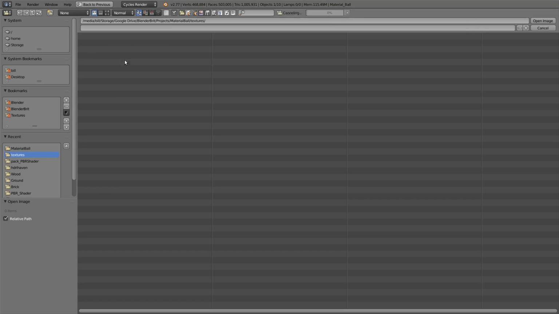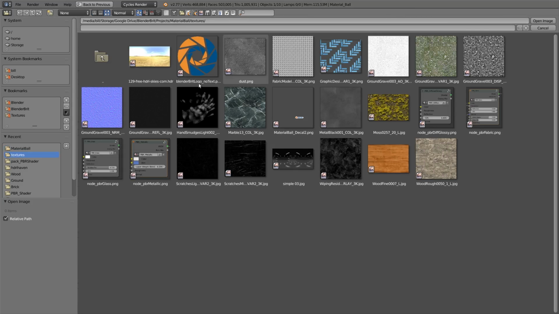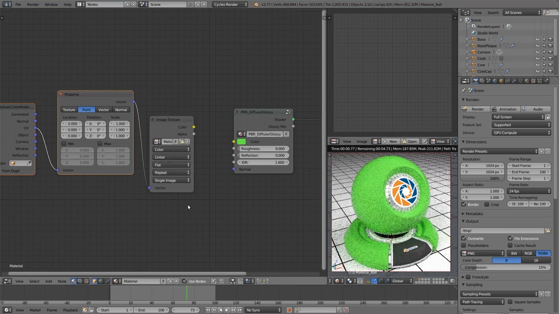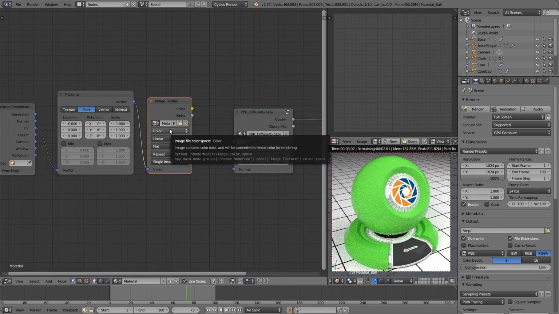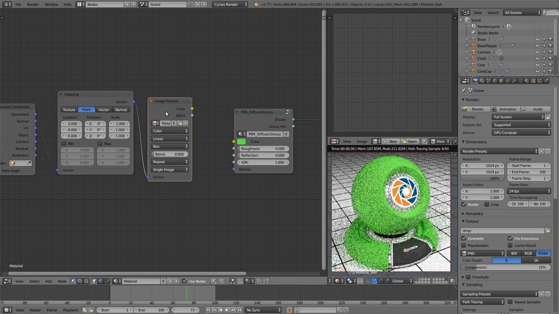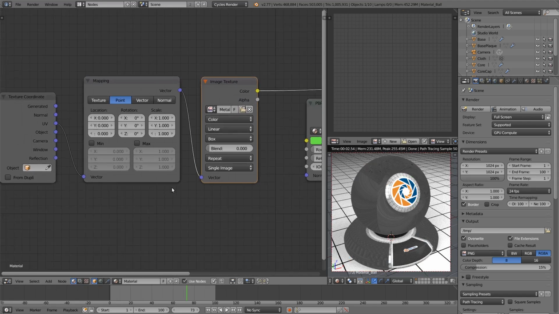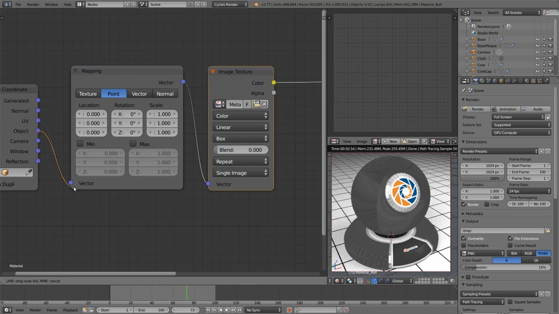I'm going to hit open. Go to my textures, and they should all still be there like they were before. Fantastic. Okay. I've still not got around to UV unwrapping this ball because I'm a lazy person sometimes, apparently. So let's turn that to box mode and take a look at what that's doing. Lovely. Need to change that to object. And yep, works fine. Maybe just turn this blend up a little bit, and that's going to be our diffuse